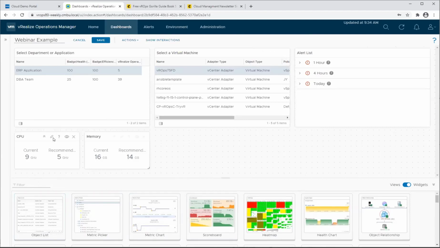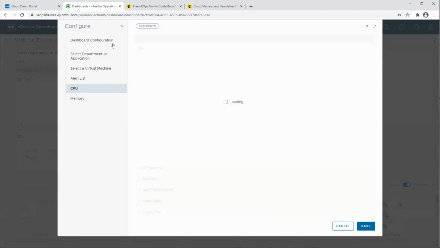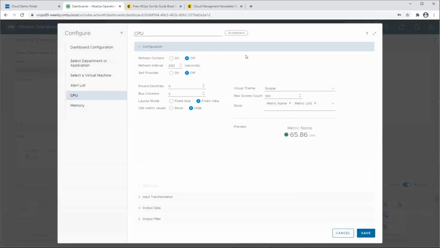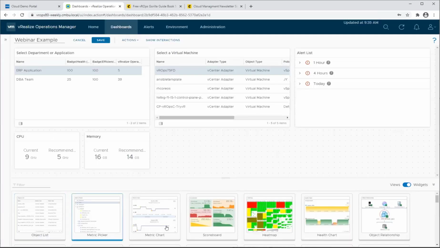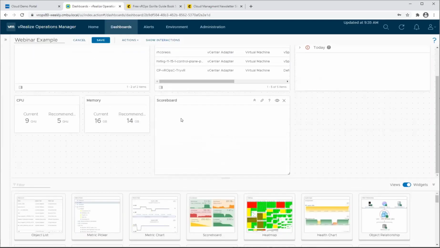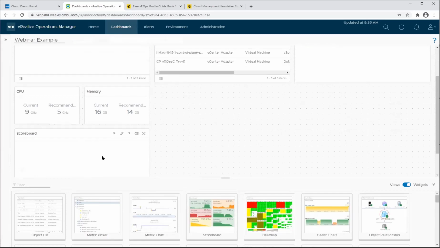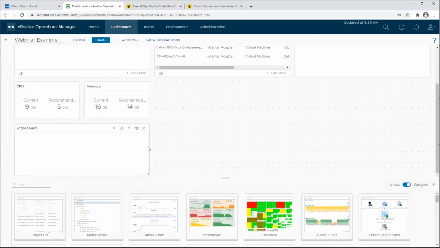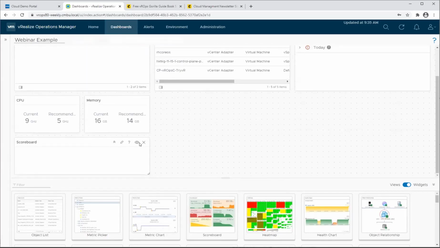So you can see the widget that we've been using up here is the Scoreboard widget, right? You can see in here that it'll show you that it's the Scoreboard widget. So we're going to go down here and select that Scoreboard widget and add an additional scoreboard. So I'm going to come down here. Let's shrink this guy up a little bit. And I want it to show